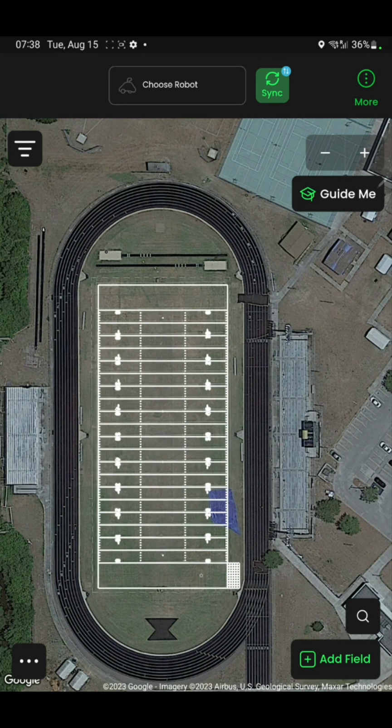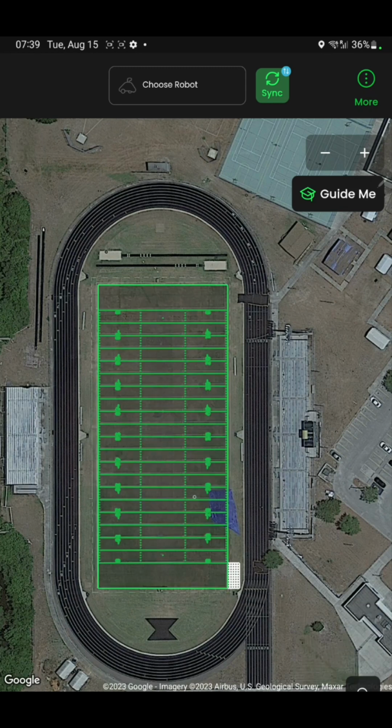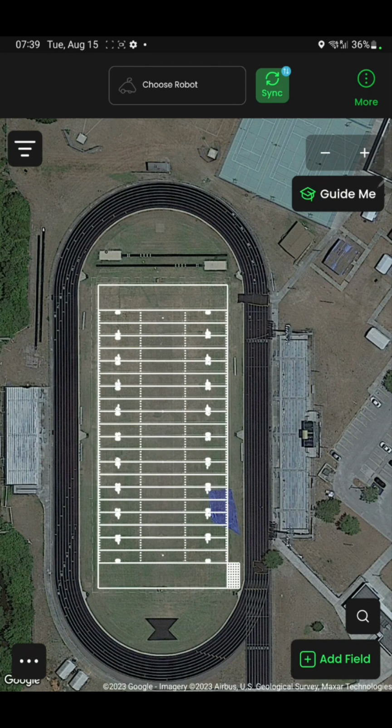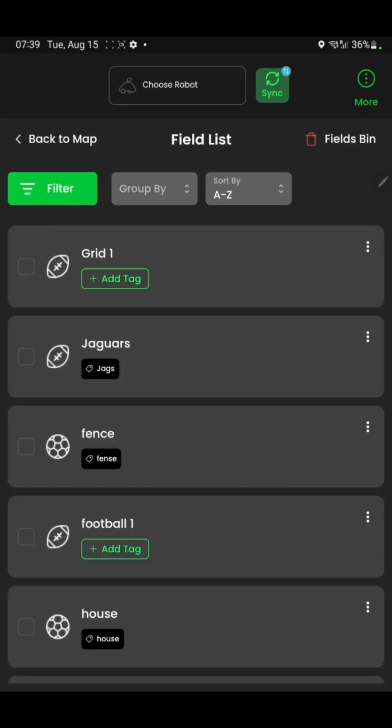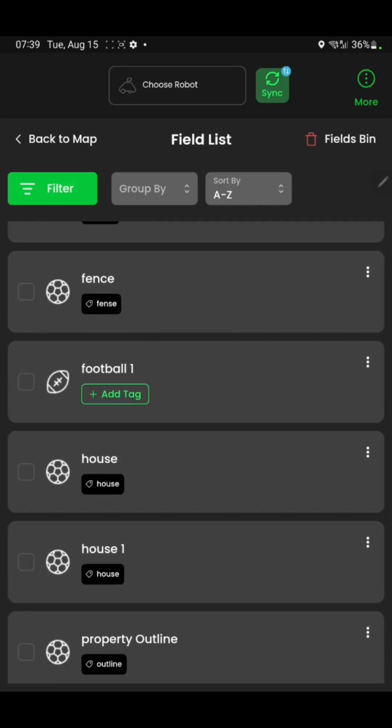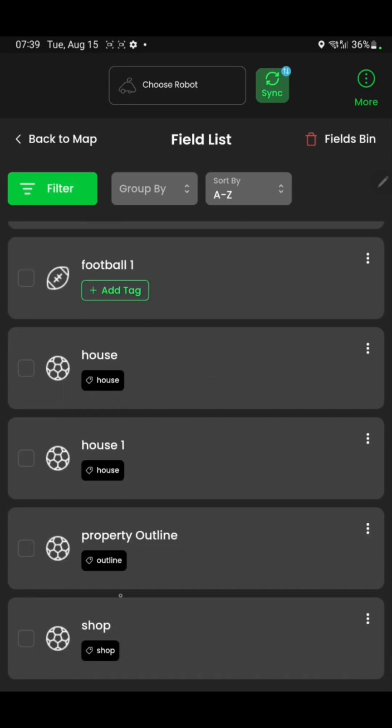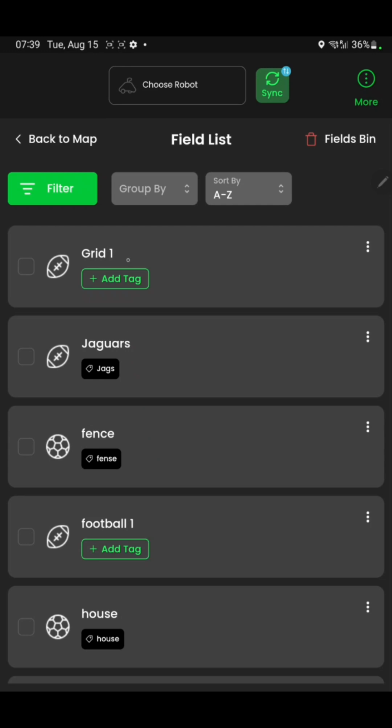Then what we're going to do is add a tag. So we want to add a tag to this, and we want to add a tag to that football field. So up at the top where it says more, go to more, and then here where it says fields lists, tap on fields lists, and you can see, forget about this house 1, property line, all that stuff, where it says grid 1 and football 1. These are the 2 fields that I renamed, and they don't have tags. So you can tap on where it says add tag